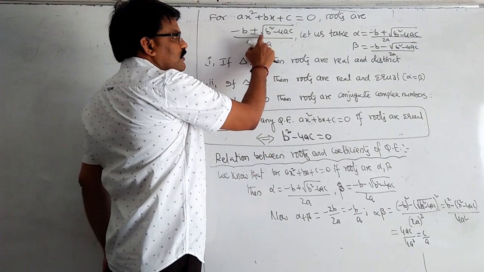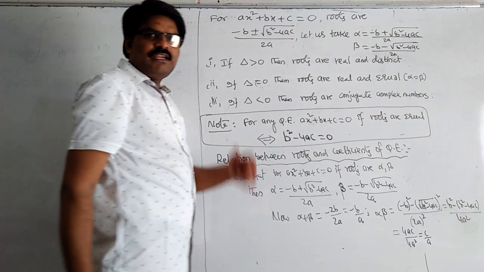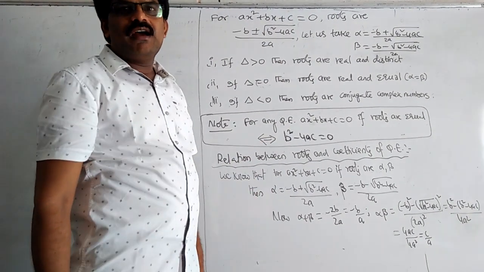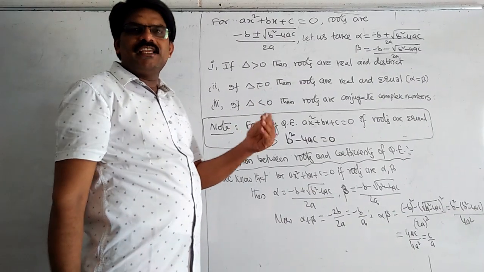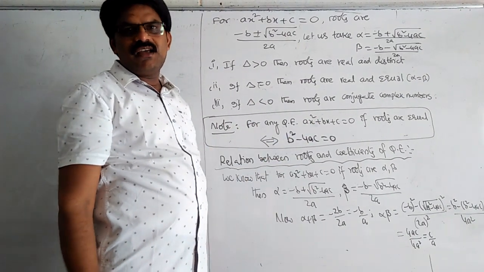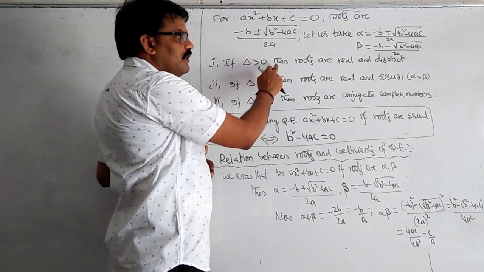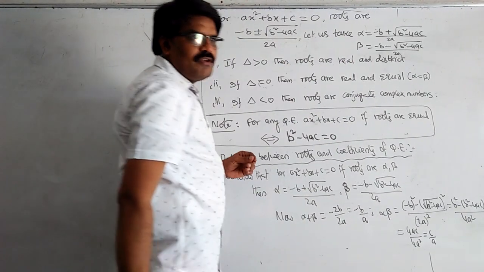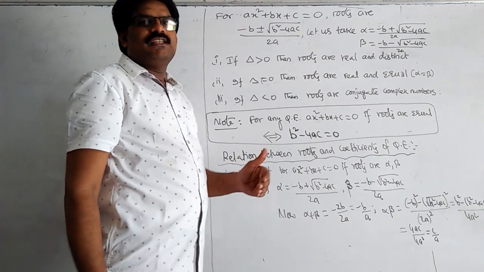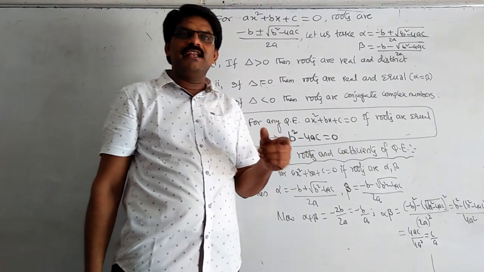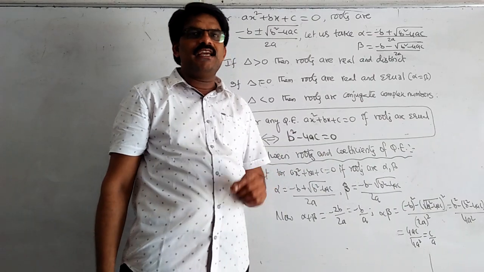When we get square root of some positive value, it may be a rational or an irrational number. If it is rational or irrational, then it is a real number. So what is a rational number and what is an irrational number? If you take root 9, it is equal to 3. It is a rational number.